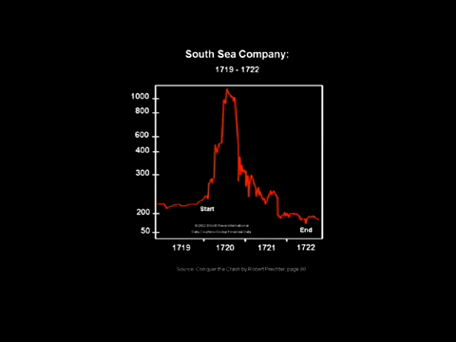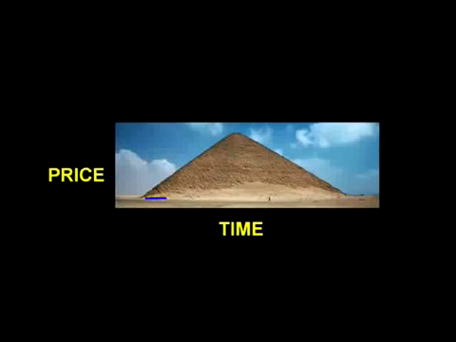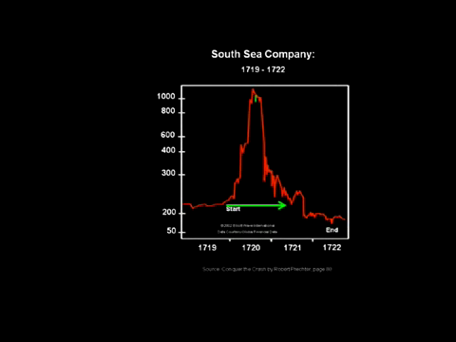Here we see reflected two additional essential features of bubbles. They are roughly symmetrical in both time and price. That is, however long it took to create the bubble is roughly the amount of time it will take to unwind the bubble, and prices usually get fully retraced, if not a bit more. Here we can see those features in perfect form. Keep an eye on this shape. We'll be seeing it again and again and again.